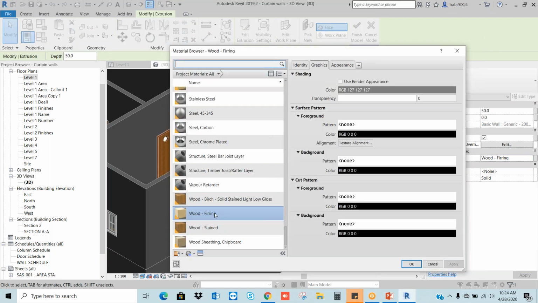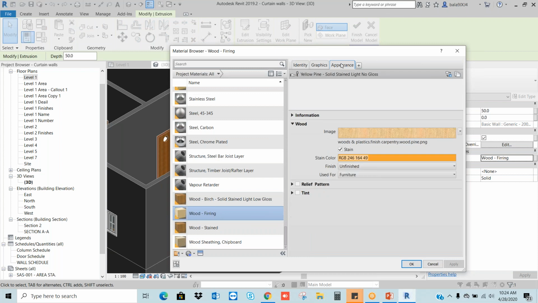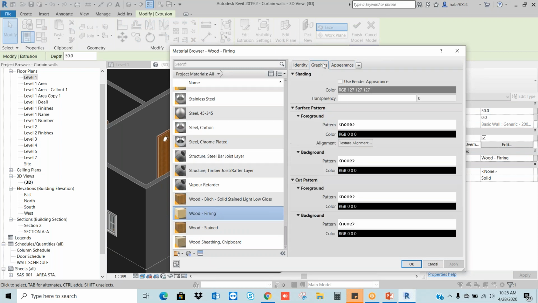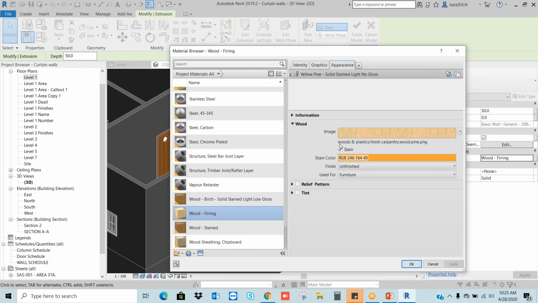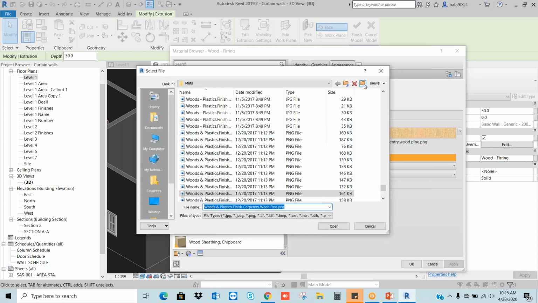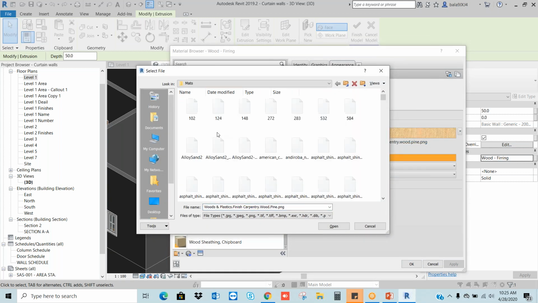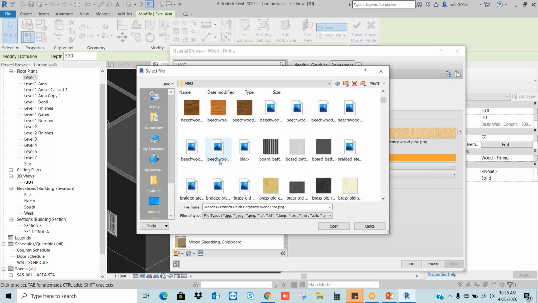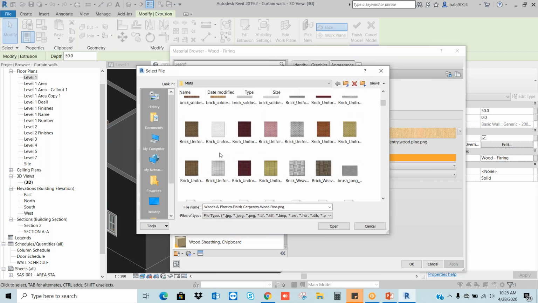Let's say for the same material you want to change it, go to the appearance, graphic and appearance. Here you can see this image. Whatever image you want, you can change. If I want to paste our photograph also, we can make it.